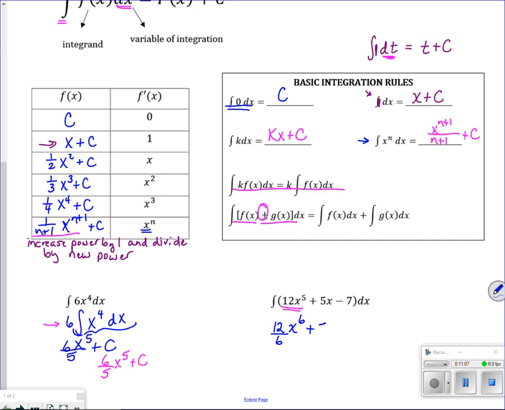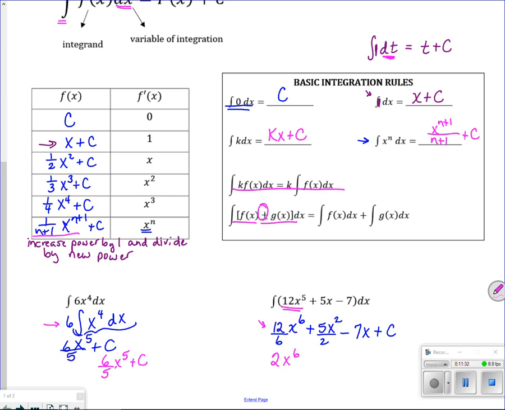I would have the 5, he stays. I would have x squared. I divide by the new power, and that would be 5/2. And then how do I integrate -7? It would be 7x, and then I'd put plus c. And then the last thing for me to do is just kind of do my numbers